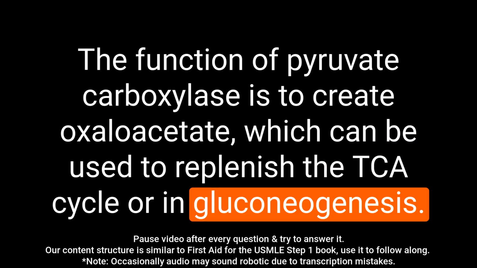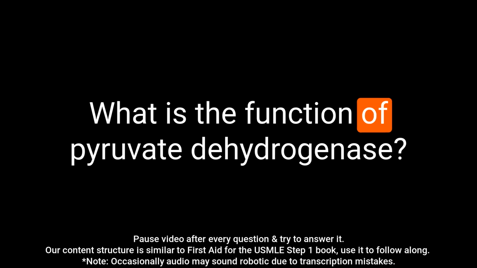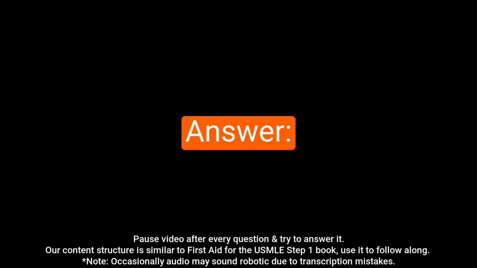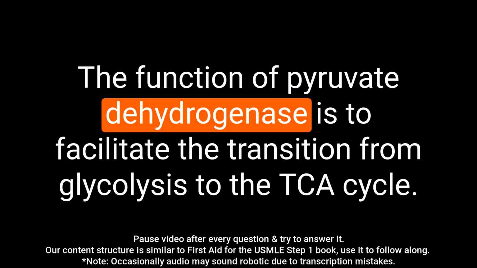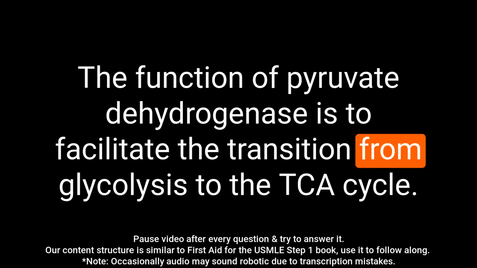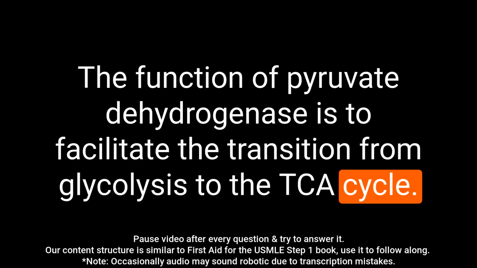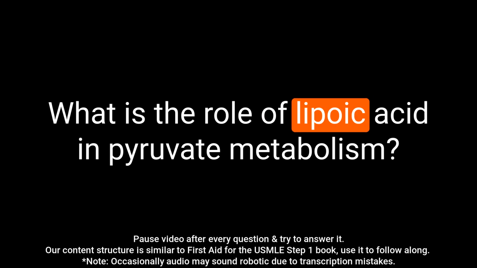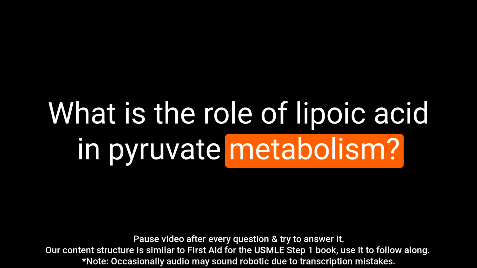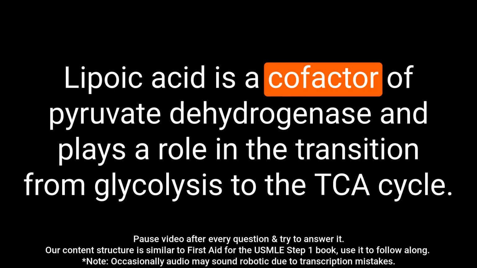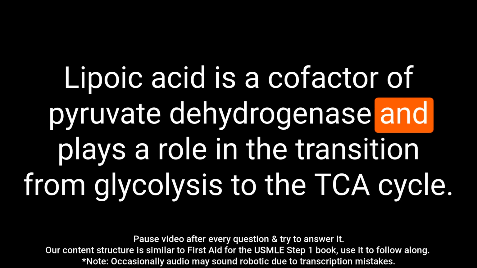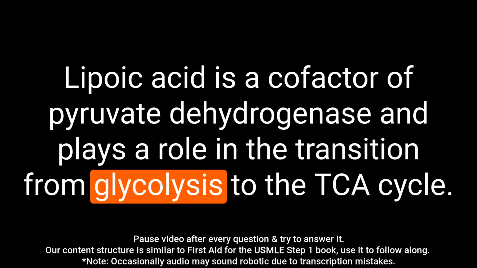in gluconeogenesis. Question: What is the function of pyruvate dehydrogenase? Answer: The function of pyruvate dehydrogenase is to facilitate the transition from glycolysis to the TCA cycle. Question: What is the role of lipoic acid in pyruvate metabolism? Answer: Lipoic acid is a cofactor of pyruvate dehydrogenase and plays a role in the transition from glycolysis to the